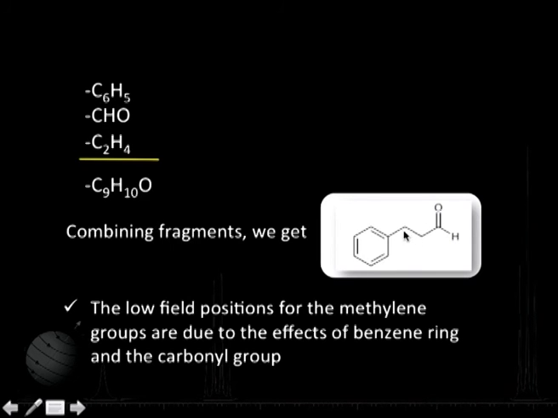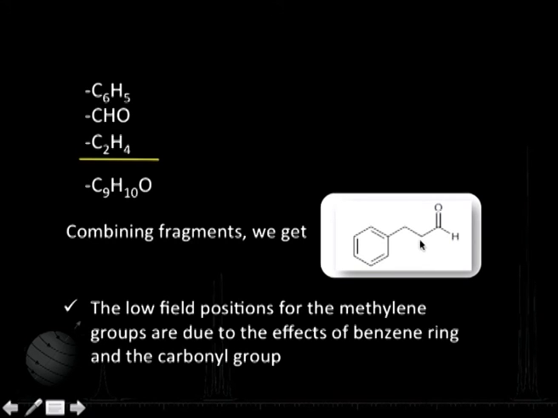And there are 2 things we have to make note of here. These methylene groups are observed at low field, lower than what is normally expected. For this methylene group here, it is coming downfield because it is attached to an aldehyde group, a carbonyl group. Because of the anisotropy of the carbonyl, this is coming downfield. The second factor is that this is reasonably close to a benzene ring, which again causes an anisotropic effect and makes it go downfield.